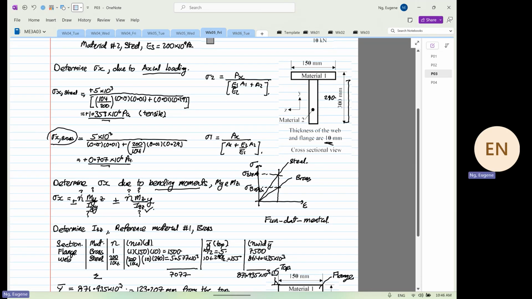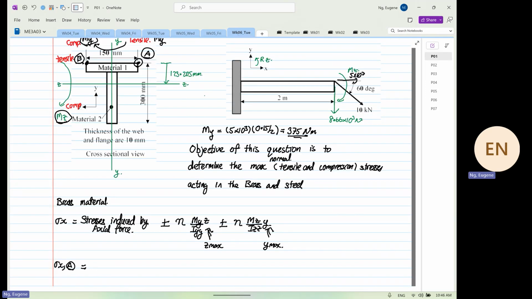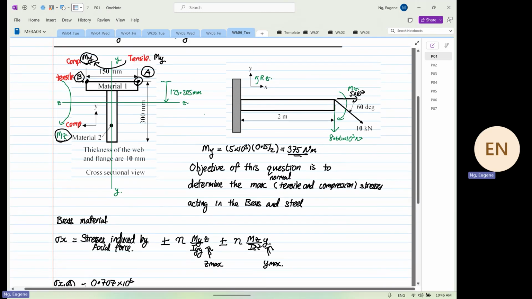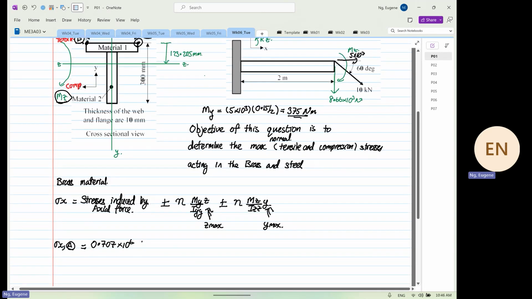You see this number over here: 0.707 times 10 to the power 6, positive, because the axial load is inducing tensile stress. Then you look at My. My is going to generate tensile, so this is plus. Our reference material was brass, so this is 1. And then we calculate